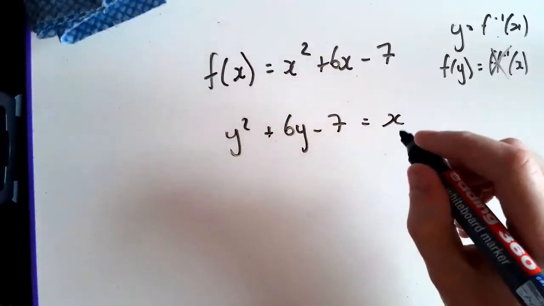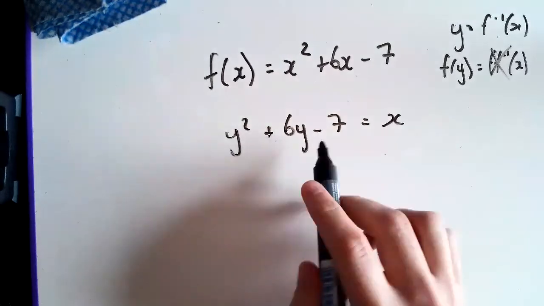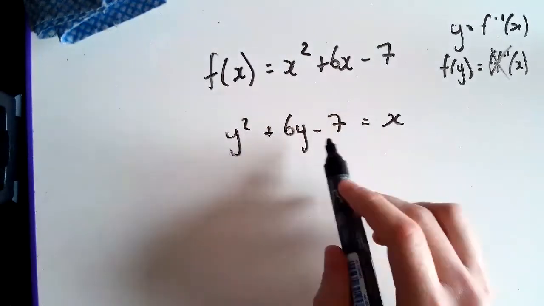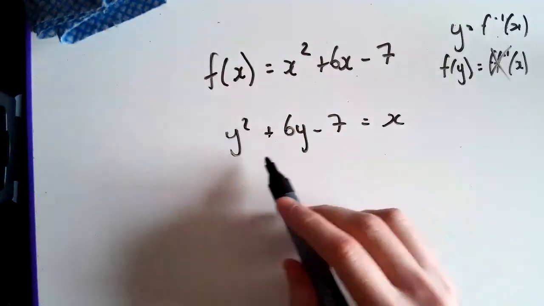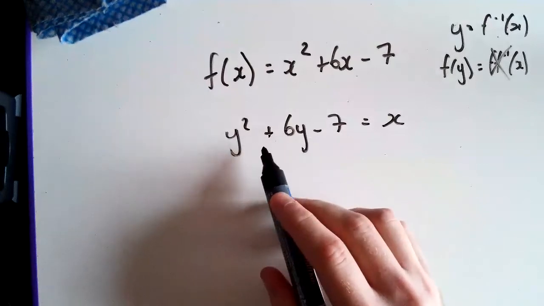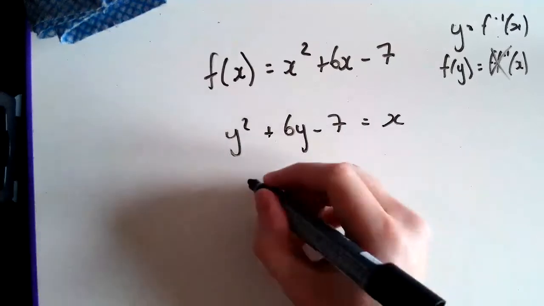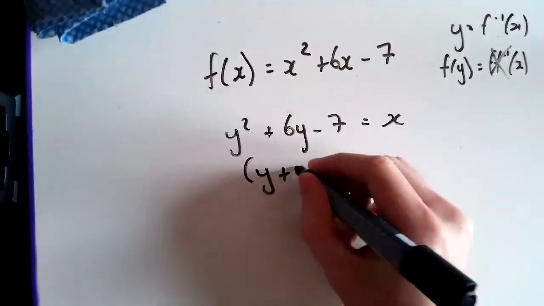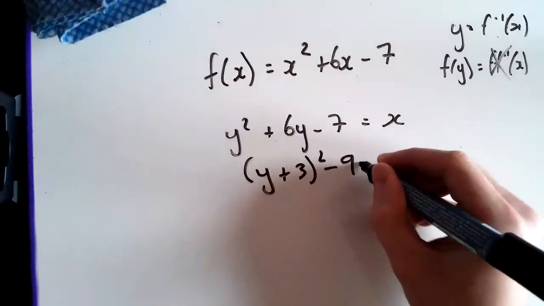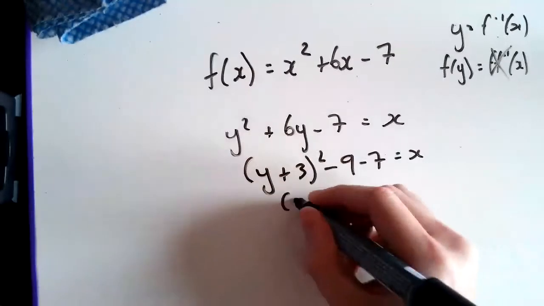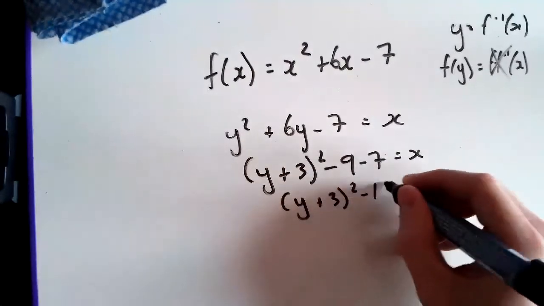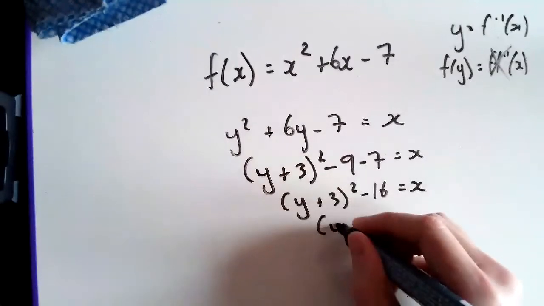And I want to rearrange to get y equals, but I've got two y's, that's an issue. So instead, I need to get just one y. Think about what tricks you can do with quadratics, and it shouldn't take you long to think of completing the square. So y plus 3 squared minus 9 minus 7 is x. So y plus 3 squared minus 16 is x, plus 16 to both sides,